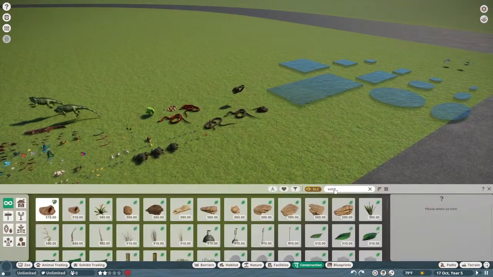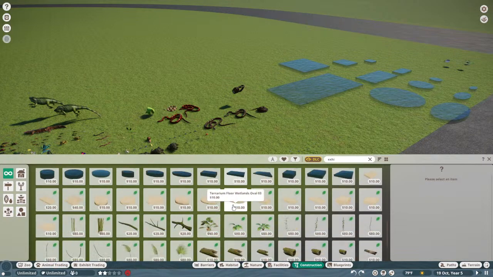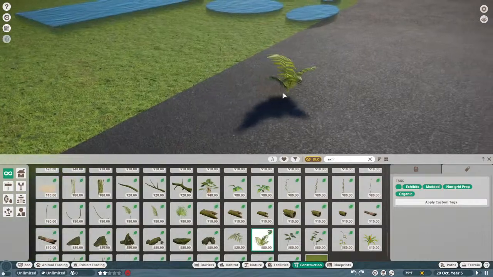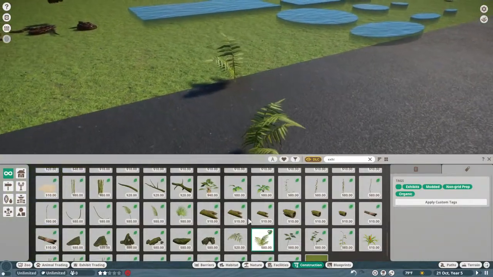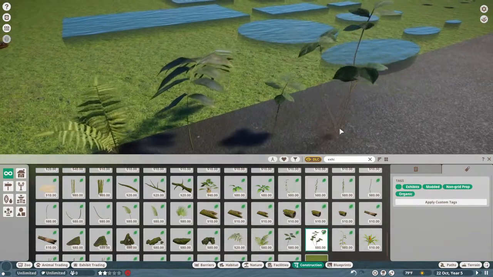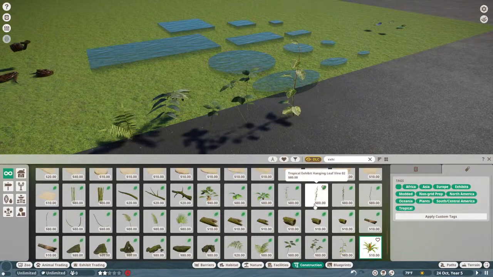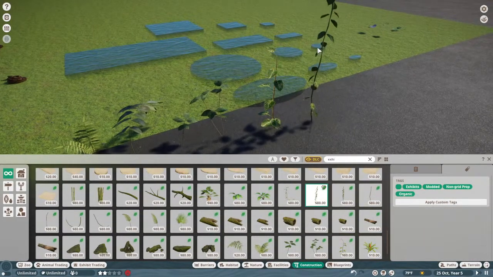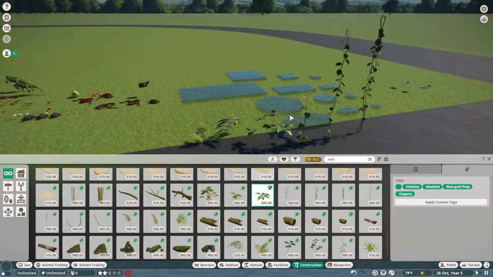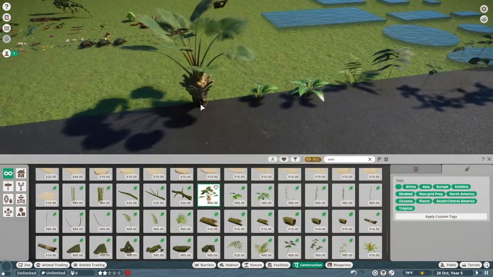Another thing that's really nice about the exhibit prop pack are the tiny bits of foliage that you get. I have been using the heck out of these small little ferns. They add so much ambience. These leaves right here. There's also pothos vines that you can use all around. So if you're trying to build a greenhouse, or a heavy foliage section, or you want to make your own